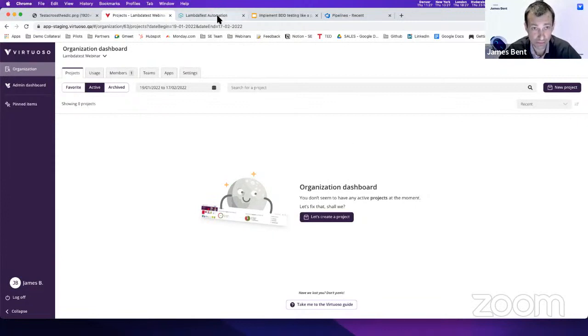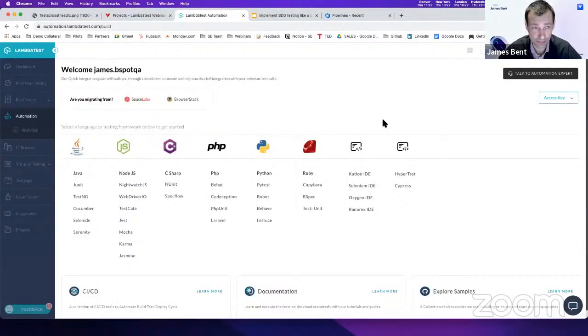But before we do that, of course, we're also going to be talking about Lambda Test. What we're going to show you first of all is, of course, you get signed up to both of them, but then how do you get them integrated? So you can make sure that when you execute tests, Virtuoso will link into Lambda Test, and you can benefit from all the fantastic Lambda Test features for executing on different operating systems and devices. So number one, here's my Lambda Test instance,